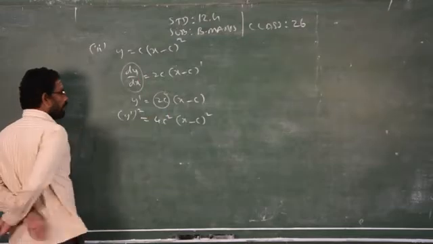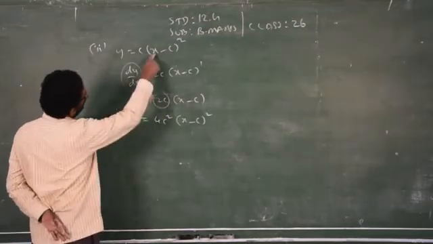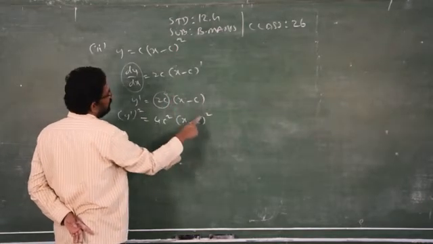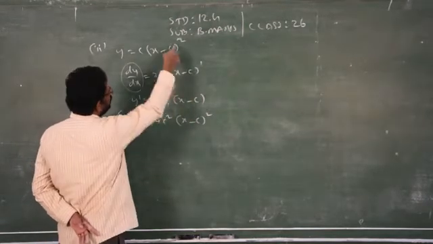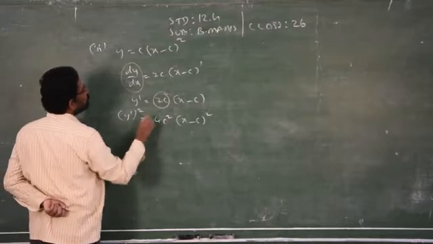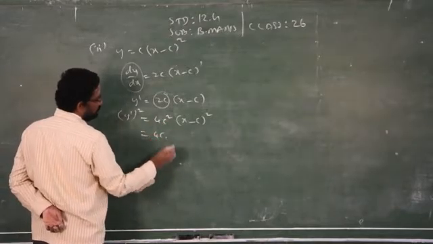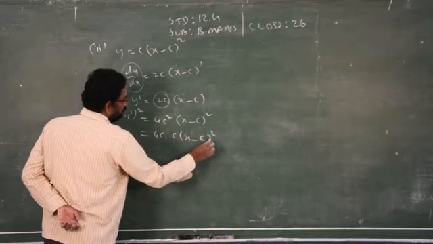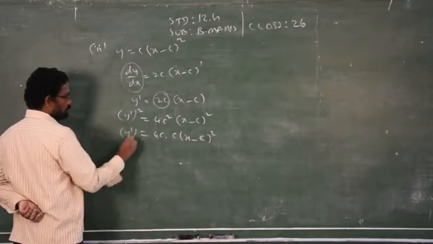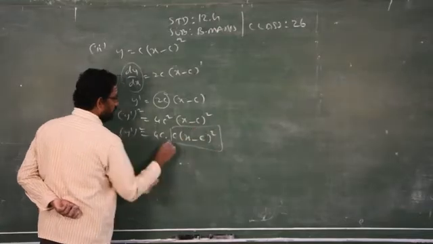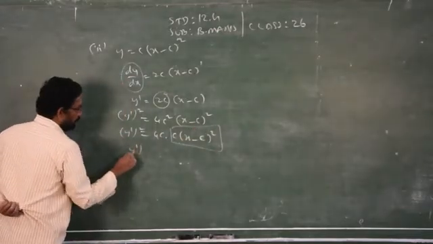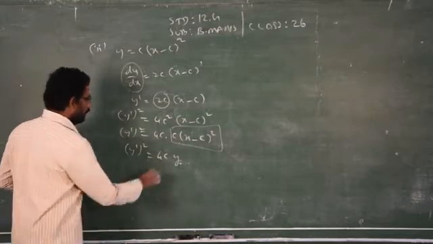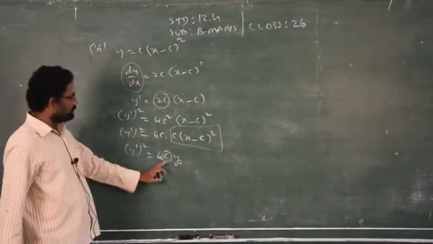So I am squaring. Why am I squaring? Because I am comparing the equations. Here x minus c the whole square, there also x minus c. See, if I square this one, I get this result, isn't it? So this 2c square, I am just rewriting as 4c into c of (x minus c) the whole square. That is y dash the whole square. This I can replace by what? Y dash the whole square is equal to 4c into what? Y. Clear? Now I can easily find out the value of c.